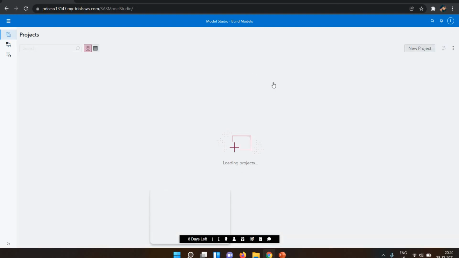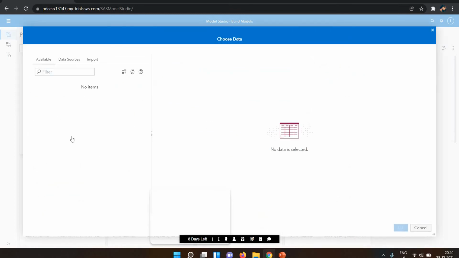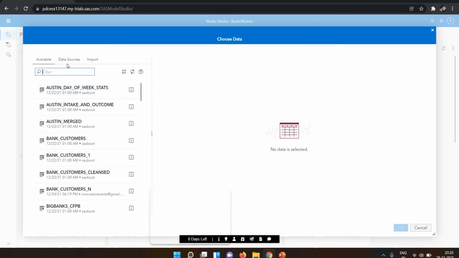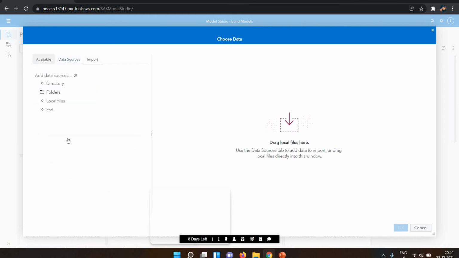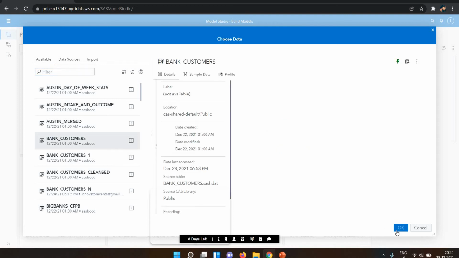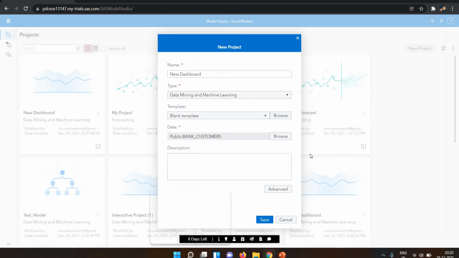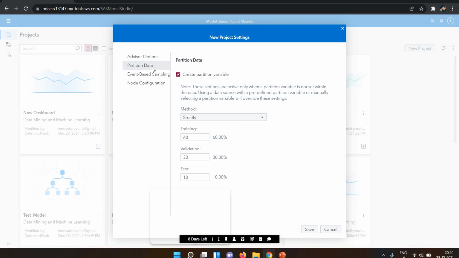Okay, so let's go back to the new project again. New dashboard, and then data is my bank customers data. If you want to import from another data source, you can, and you can import from local files, or if you have some mapped drive, some mapped location, you can. Okay, so in the advanced, if you click on advanced, now you can see here we have